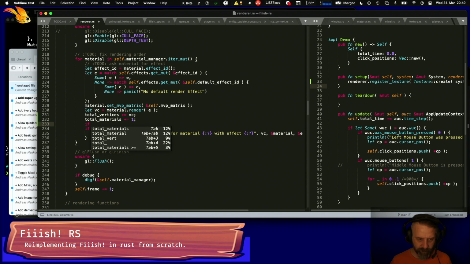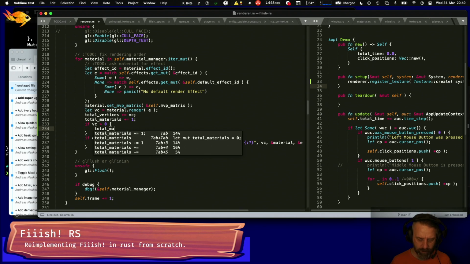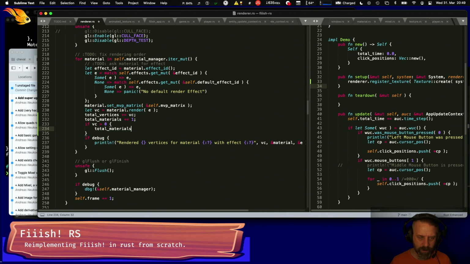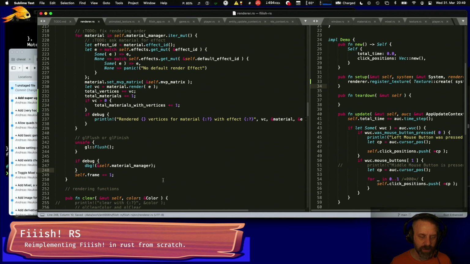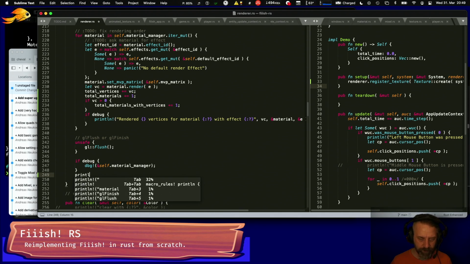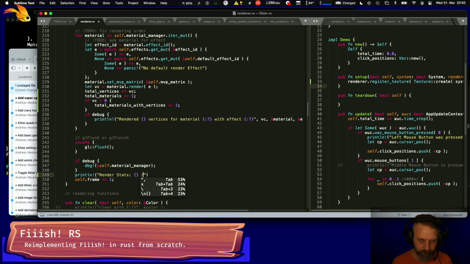And if VC is larger than 0, if there were any vertices in this material, then total materials with vertices plus equals 1, right? So if I print all of this at the end, and just always, so render stats, maybe we should make that toggleable, but